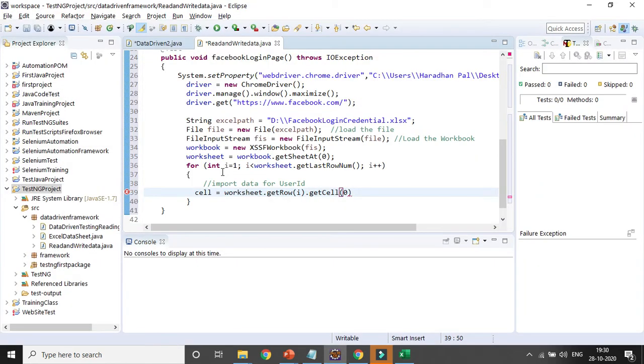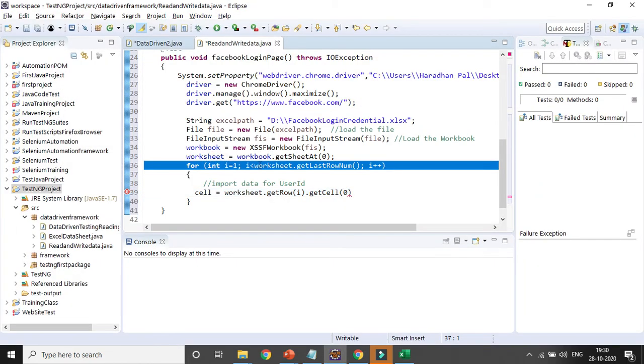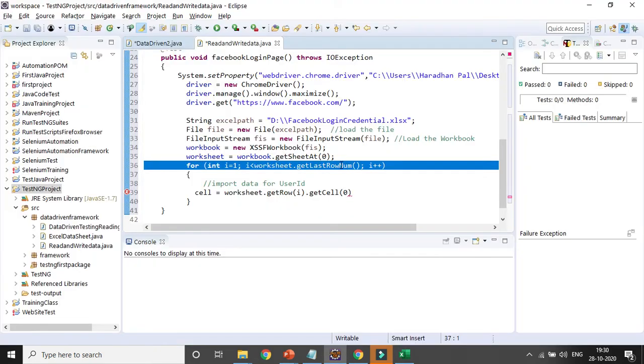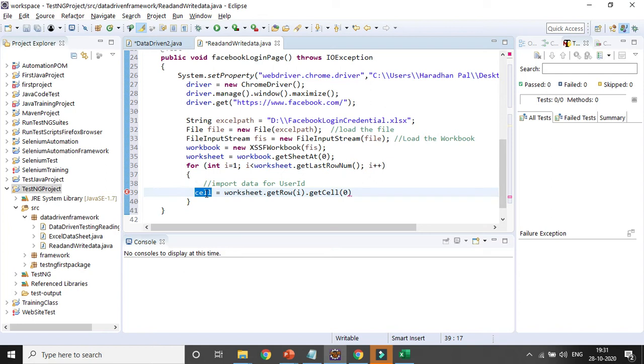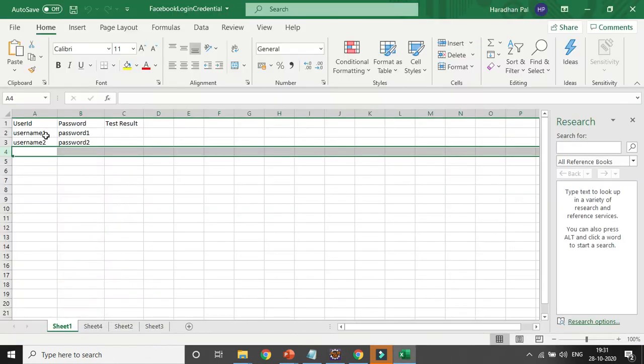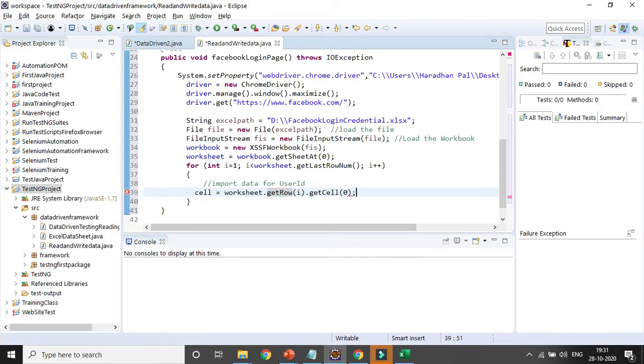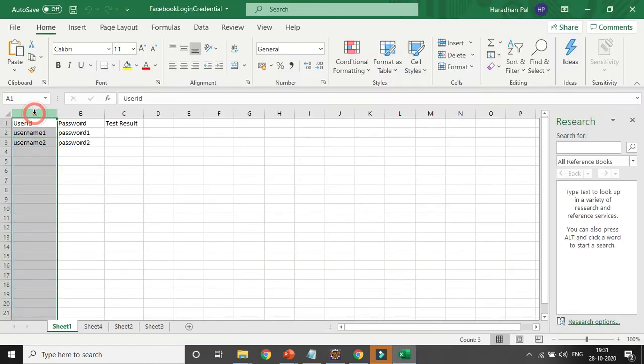That is the reason my for loop starts from i equal to 1 and goes till the number of rows where data is available, that means the last row number, with i plus plus. Here I am getting the worksheet variable and then get row of the ith row, so it will iterate over all the rows one by one. That is the reason I am getting row i and cell number 0, because it is the first column. That is why cell 0, then cell 1, cell 2.